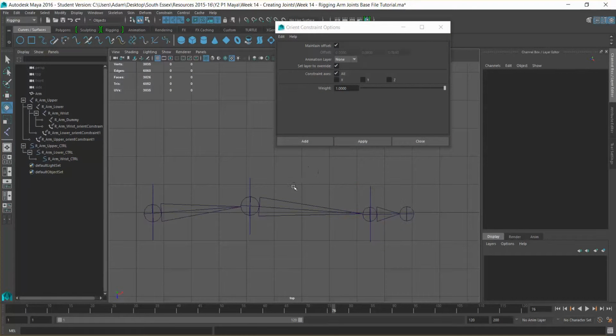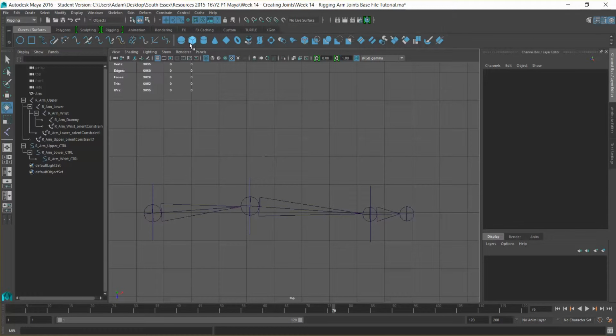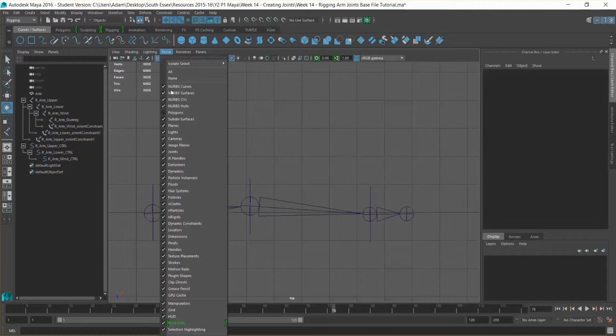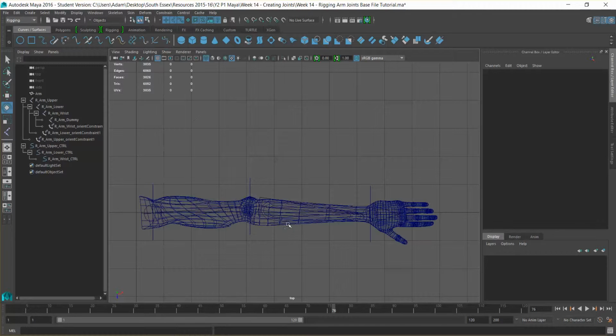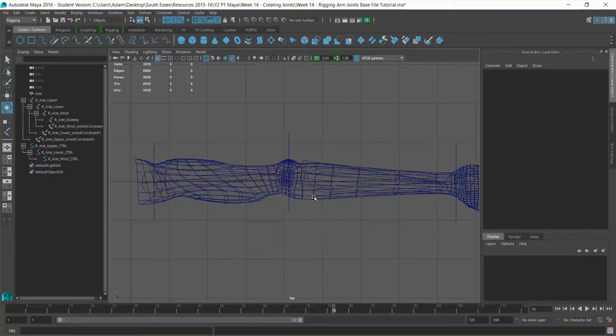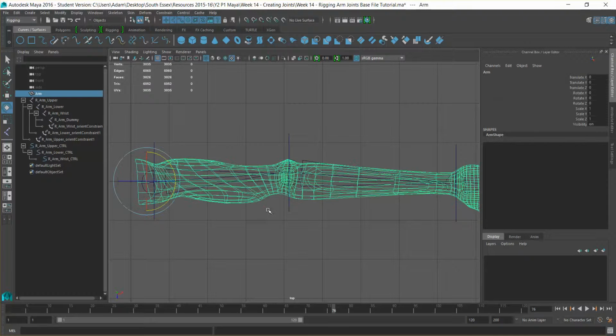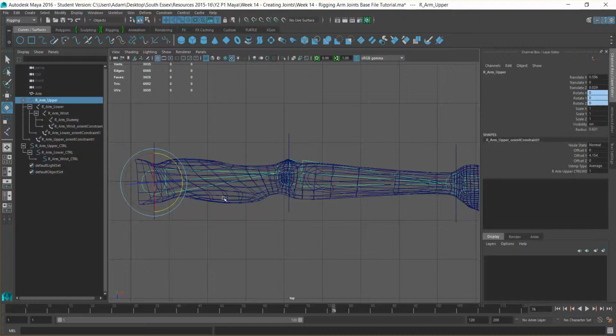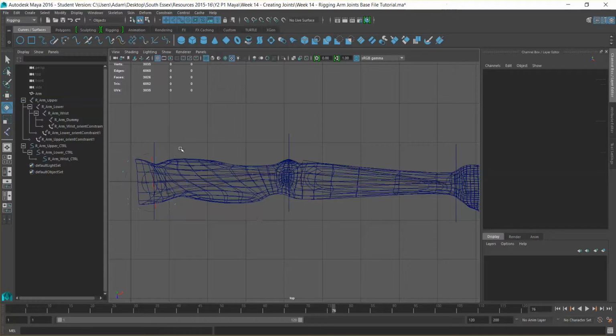Okay, so I'm going to close this orientation off. I'm going to bring back our polygon so we can see where it is. And now, as you can see, we have our mesh. We can't select that because we need to turn it back on up here. We have our mesh. We have our joints. Excellent. So the next stage is to actually